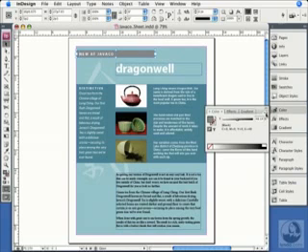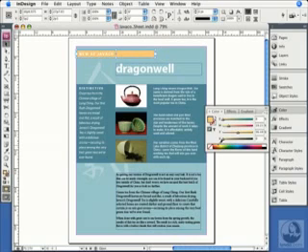You can choose from the flyout menu, Lab, CMYK, or RGB, and I'll choose CMYK here, and you can see that I can apply any color I want. For example, why don't I bump up the magenta a little bit, maybe bump up the yellow a little bit, and get a totally different color. I could also click down here in the color bar, the CMYK color bar, and I'll just click, click, click until I find a color that I like.